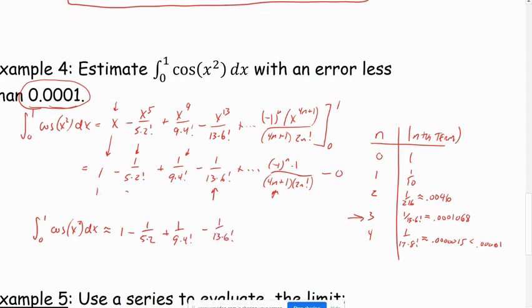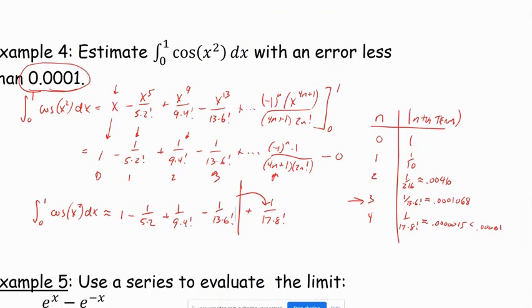So this was n equals 0, n equals 1, n equals 2, n equals 3. And if we go to n equals 4, our next term would be 1 over 17 times 8 factorial. That term is small enough, so if we truncate here, our error is smaller than that value, and that's what we want. So we're just taking this part, and so if we type all that into our calculator,